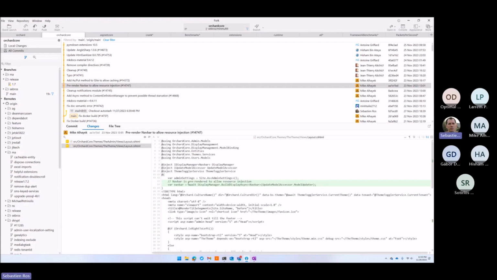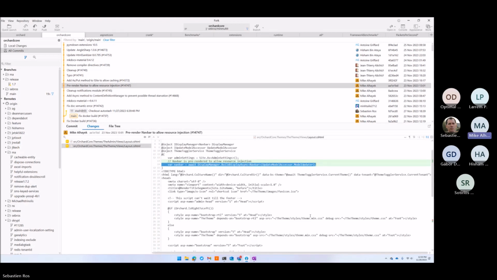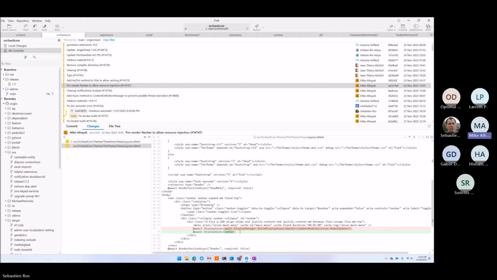And here it's always invoked. No, the cache down there is for the menu, not for the nav bar. So the menu is cached differently than the nav bar. Okay, I was confused because I remember and I saw menu. Yep. And then navbar for me is also menu, but it's not the same thing. Yep.